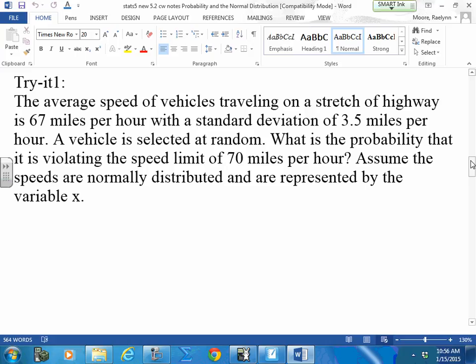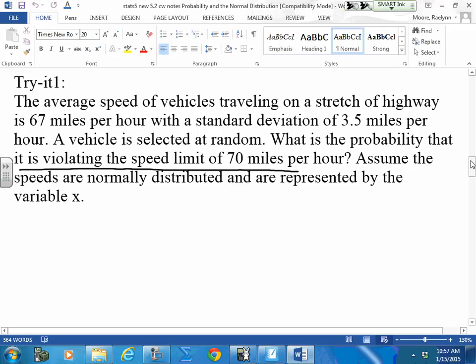Let me just walk you through this one because it seemed to be a little bit of a discrepancy in the last class. The average speed of vehicles traveling on a stretch of highway is 67 miles an hour with a standard deviation of 3.5 miles per hour. A vehicle is selected at random. What is the probability that it is violating the speed limit of 70 miles per hour? In other words,